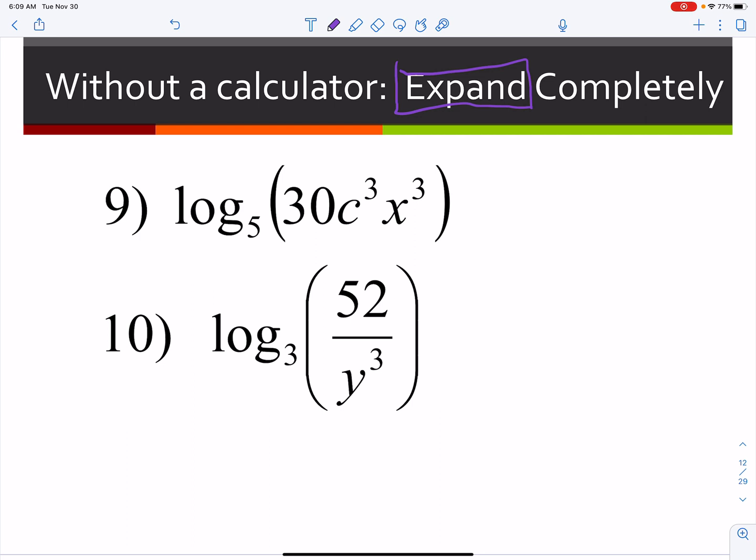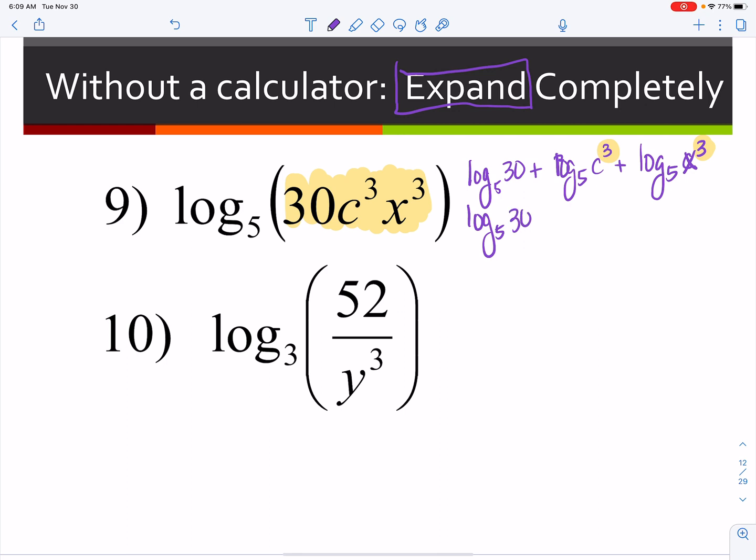Other than that, I think the no calculator part is fairly easy if you've been doing your homework. Okay, so when they want you to expand, they want you to take this inside part and expand it out into what it should have been before you combined it and condensed it all together. So that's a multiplication problem. So that's going to be the log base 5 of 30 plus the log base 5 of c cubed plus the log base 5 of x cubed. Okay, now if you look at this, you can't have exponents in there if you want to expand it completely. So your final answer